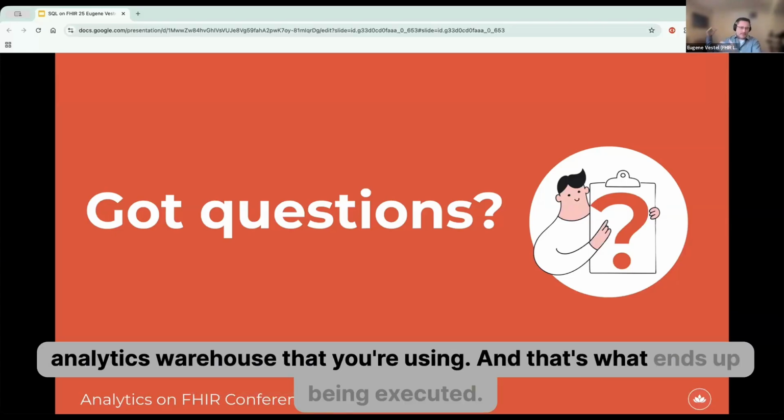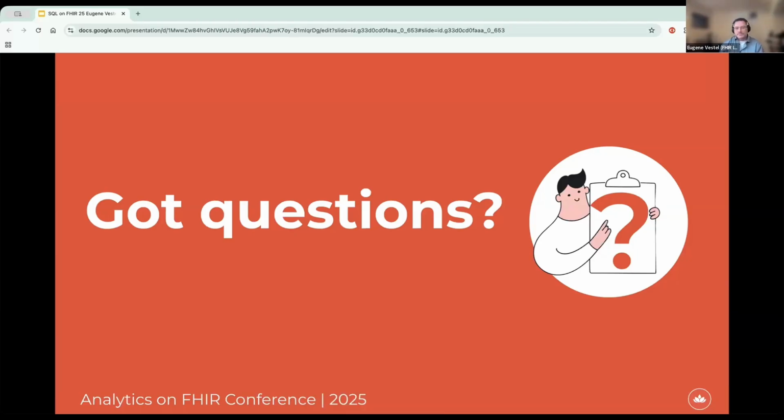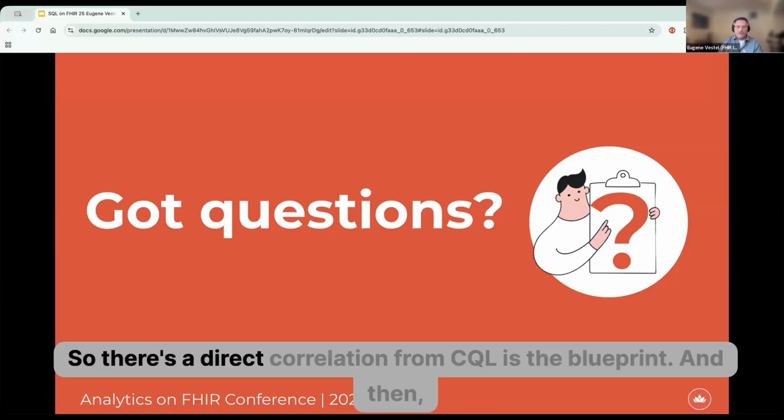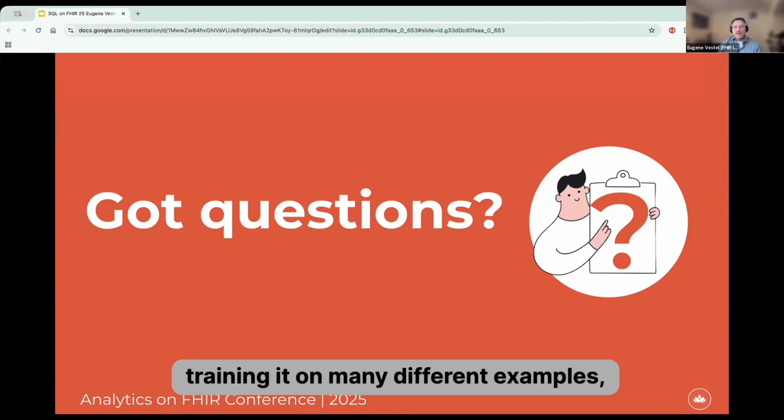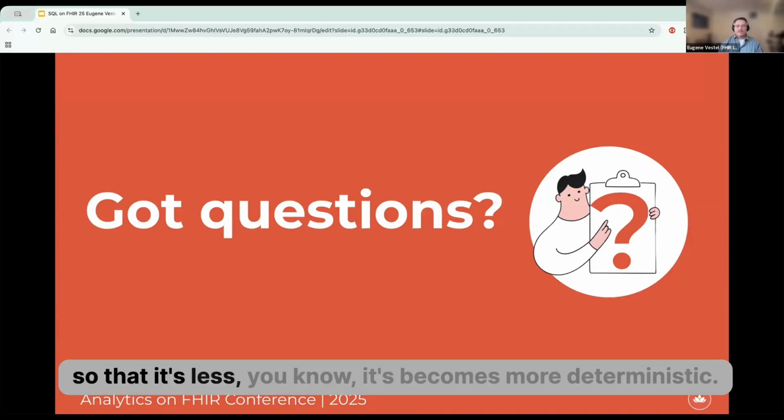And that's what ends up being executed. So there's a direct correlation from CQL is the blueprint, and then LLM is the agent that does the conversion using pre-built prompts and training it on many different examples so that it becomes more deterministic.